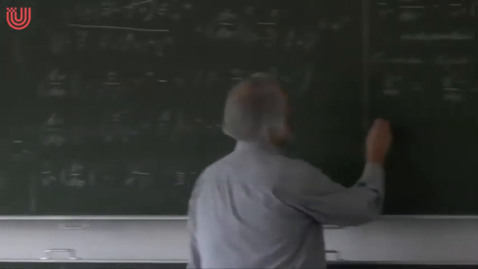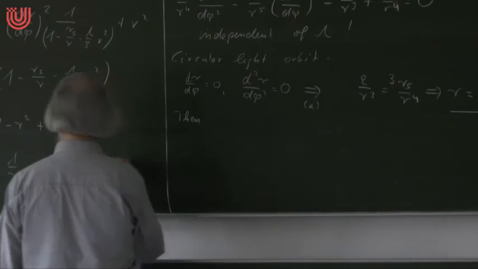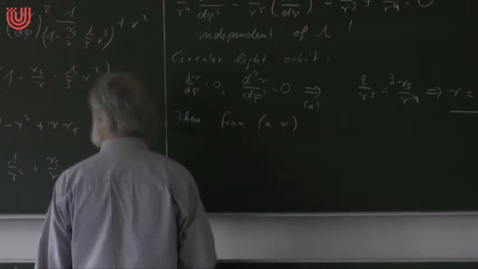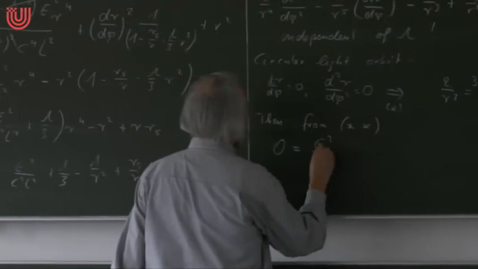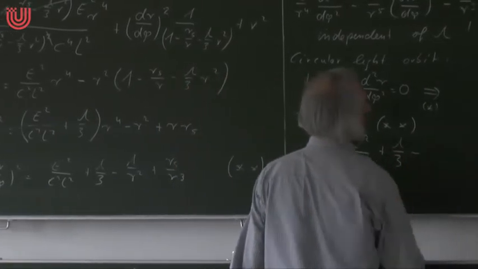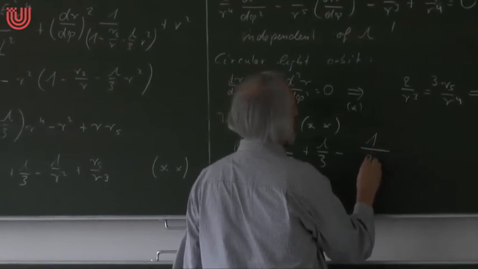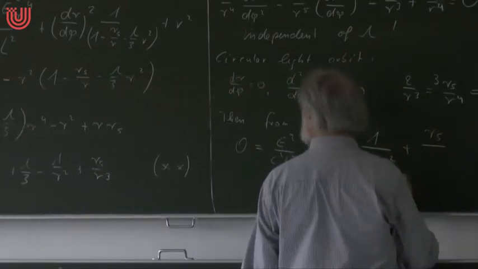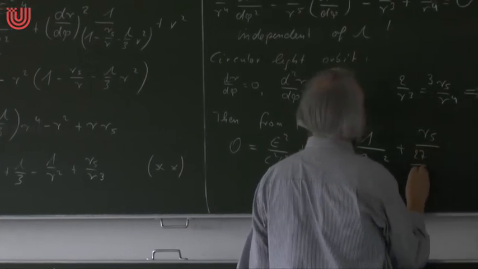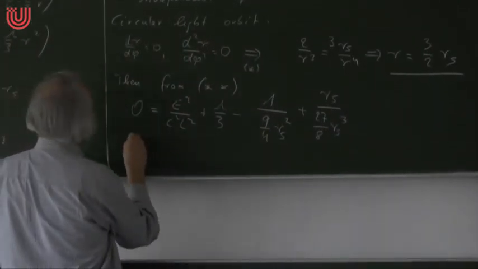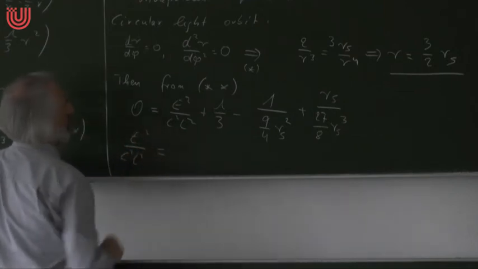Then let's call this here double star. Then we have a 0 on the left-hand side, since we are talking about a circular light orbit. We have E squared over C squared L squared plus lambda over 3 minus 1 over r squared. 1 over r squared is 1 over 9/4 rs squared, plus rs over r cubed, that is 27 divided by 8 rs cubed. Okay, if I leave the E squared divided by C squared L squared on one side and put everything else on the other side,